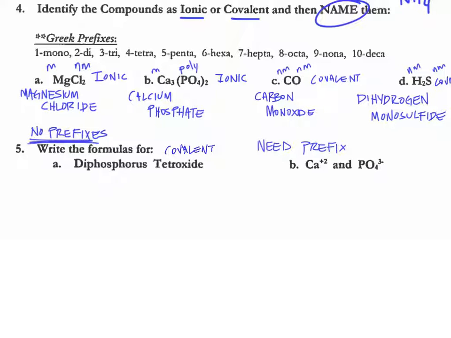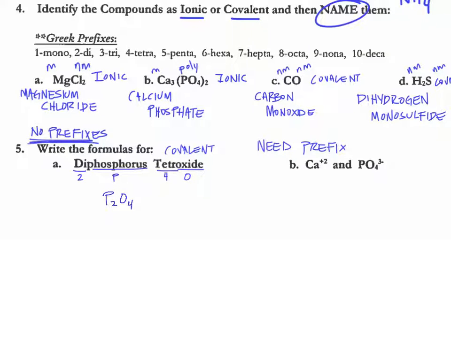So that means that the prefixes tell me how to write the formula. So di means 2. Phosphorus is referring to the phosphorus element. Tetra means 4. Oxide is referring to oxygen. So I've got 2 phosphorus atoms and 4 oxygen atoms. My formula is